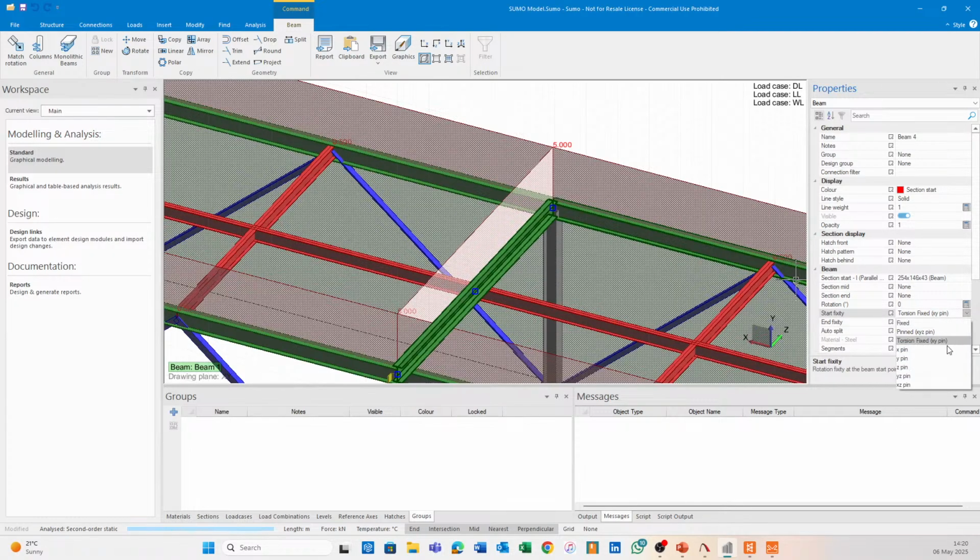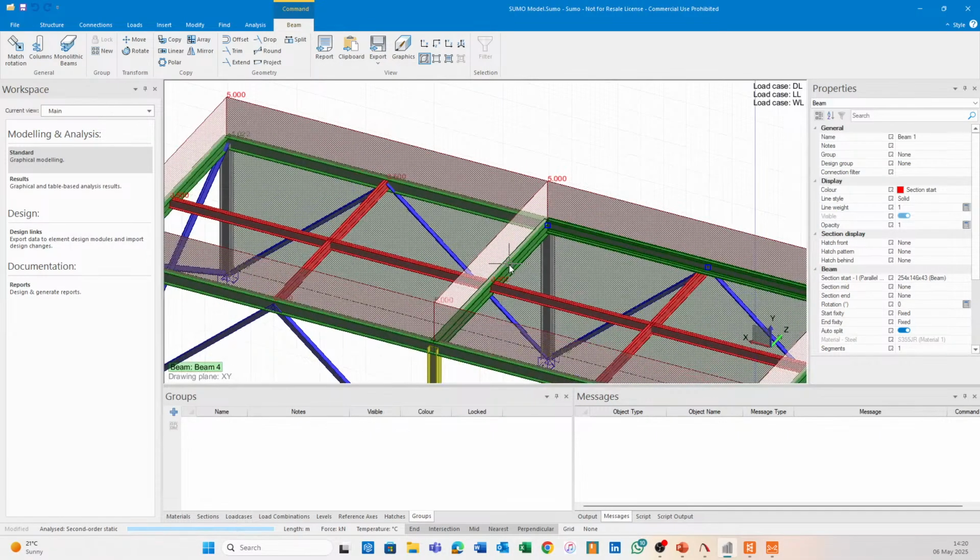If you want to use pinned in this case, because we're working in 3D, it means that this member is free to rotate about its own longitudinal axis, which causes an instability in the model. So unless it's a brace that you'll only expect to see axial forces in, you have to use the torsion fixed,